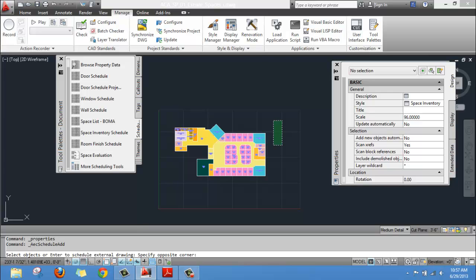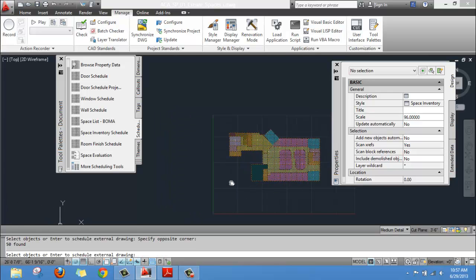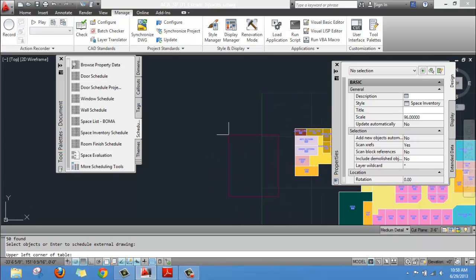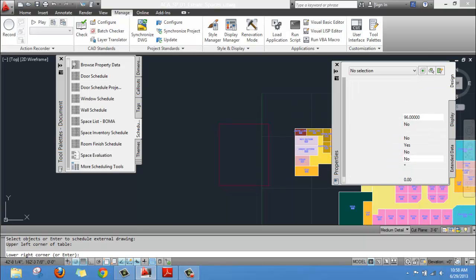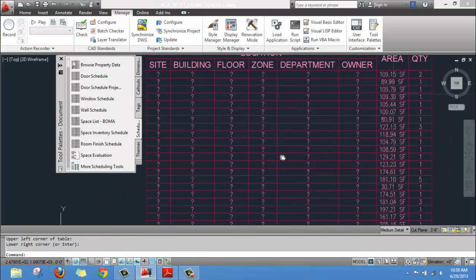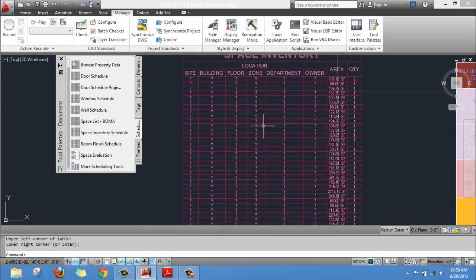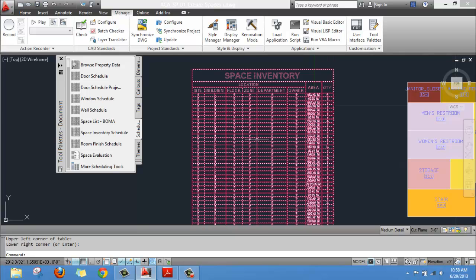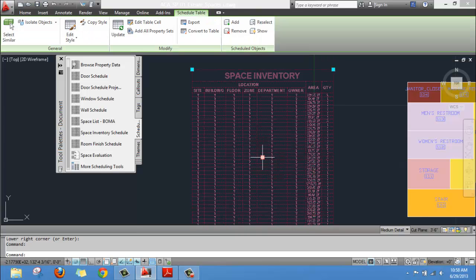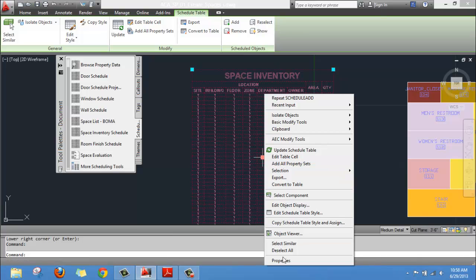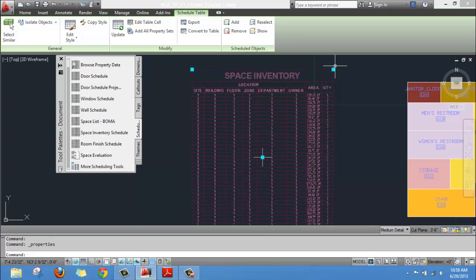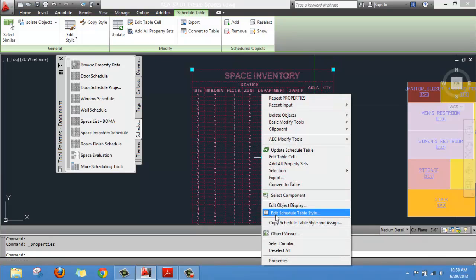Now you need to select all the spaces like that, press enter, then click for the position of the table, click there and then enter again. If we zoom in, we have a lot of question marks, and to fix that we need to click on the space inventory and then right click, go to properties, right click and go to edit